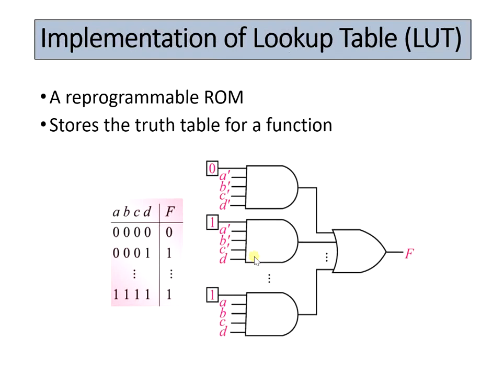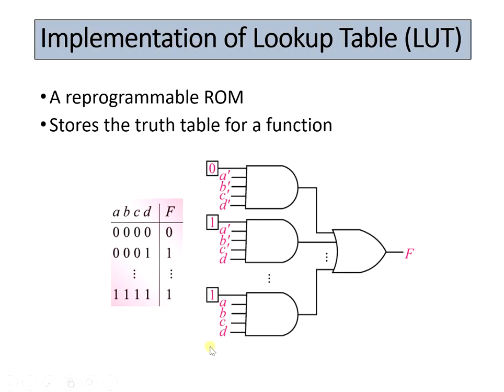So here is an implementation of the lookup table, that is LUT, and this particular slide shows one way to implement a function with inputs A, B, C, D. The numbers in the squares represent the bits stored in the LUT. These bits enable particular minterms because the function being implemented is stored as a truth table.